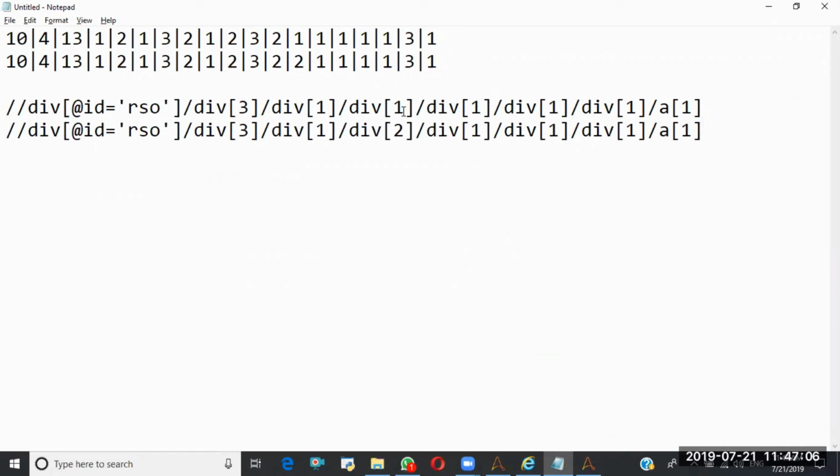If we observe, in this div the value is changing. Here 1 is there, here 2 is there. So I need to customize this particular div, the third one from the left. And in the same way, here also I need to find this one. Now I have to customize these two values.